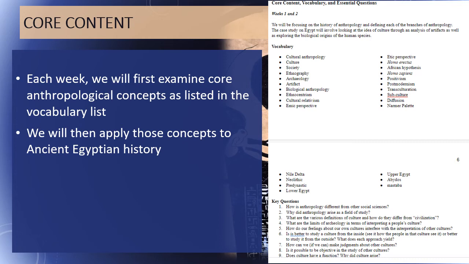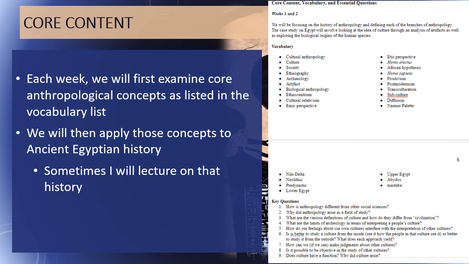I've also got some key questions for you because these are designed to make you think broadly about the course content. And you can use them to launch maybe one of your weekly reflection papers. This could be very useful for that. Or just to shape your own thinking about what we're learning.